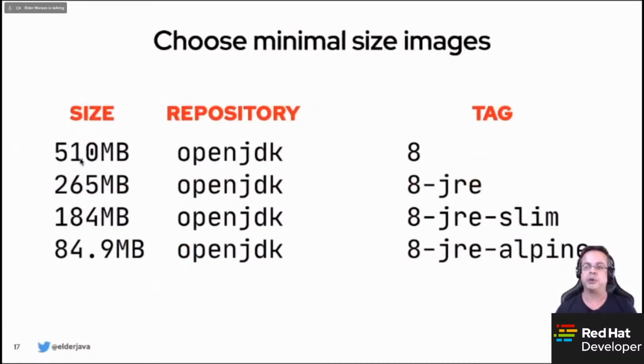But usually when people just look at the version and start with this 500 megabytes, guess what? Your application is not even here. So you are starting with 500 megabytes and you still don't even have your application, okay? So try as hard as possible to go to the minimal size images so you can save a lot of storage space, of traffic on your network, in your clusters, etc. Okay?